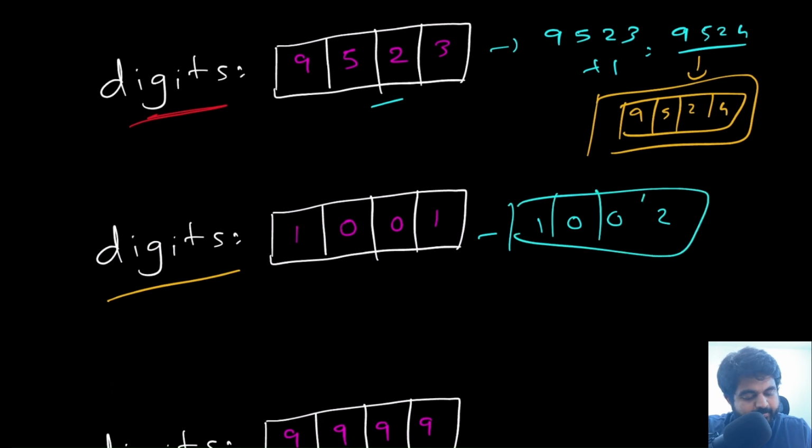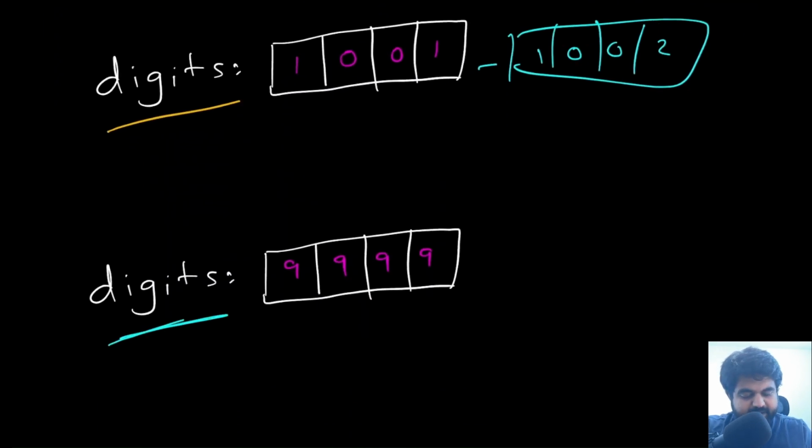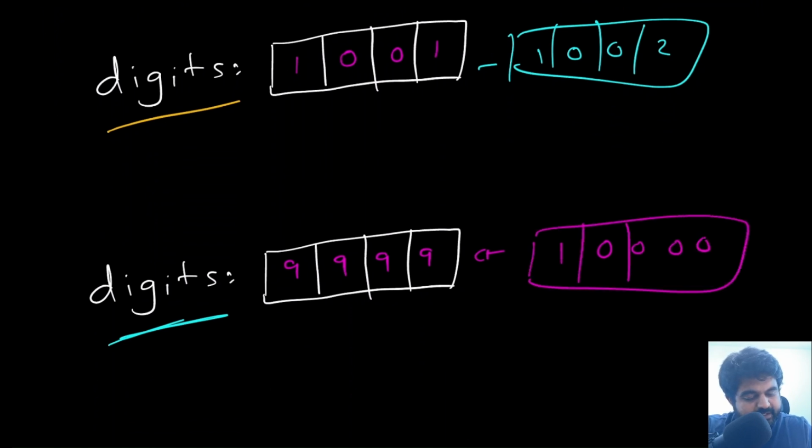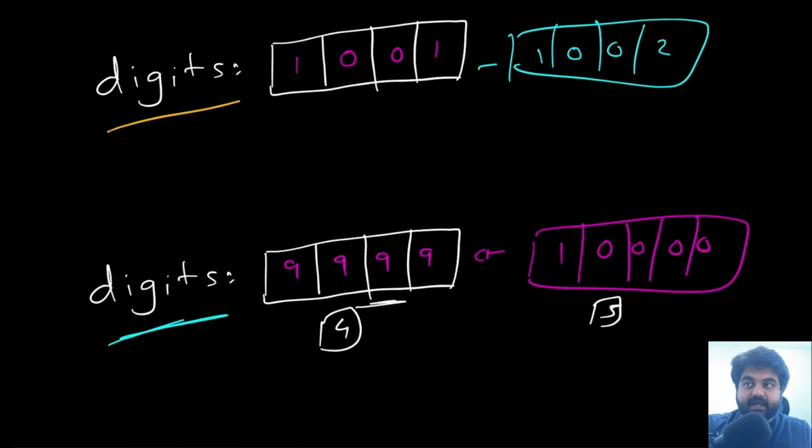Now the thing is, when we are dealing with any value that contains 9, then we will have to worry about the carry, because we are adding one to it. So if this is the value, we know adding 1 would yield 10000. So once again, this is also going to be the array that we have to return. But now notice that because these were all four nines, this was a 4-digit number, but this became a 5-digit answer. So we will have to return an array with 5 entries,